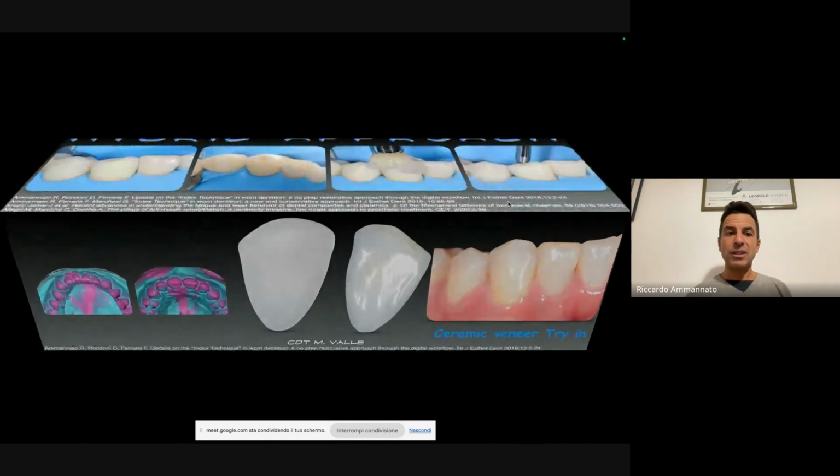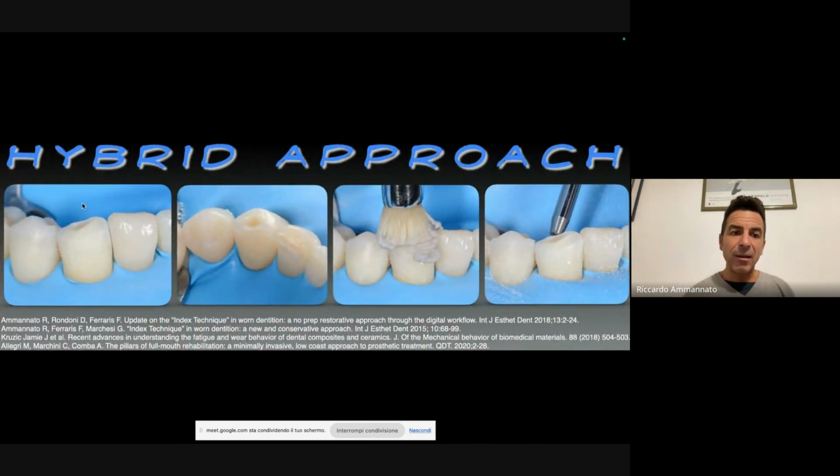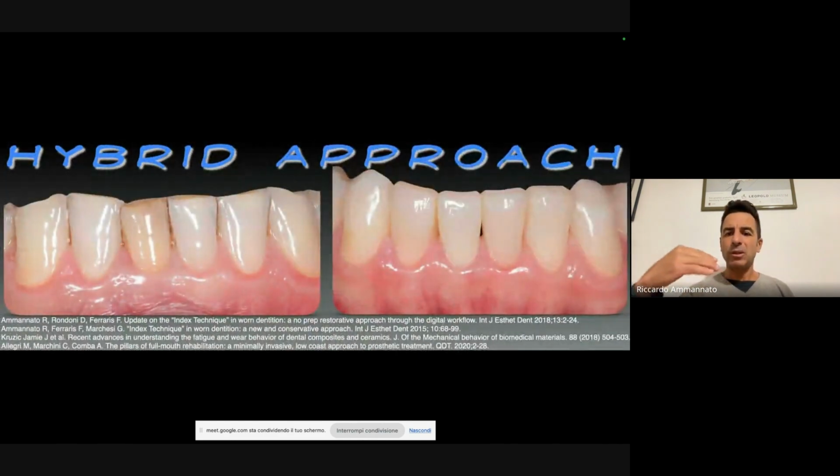So I managed this with just a 45 degrees bevel, as you see here, and you see it also here. This is the only prep that I do on the canines, a 45 degrees bevel. All the rest here in the internal part is going to be a no prep. So since it's a no prep, we need to do a procedure to remove the biofilm, then we do the sandblasting down the enamel, and then we will do the bonding procedure, and then we will go and cement the veneers, okay, the glass ceramic veneers.